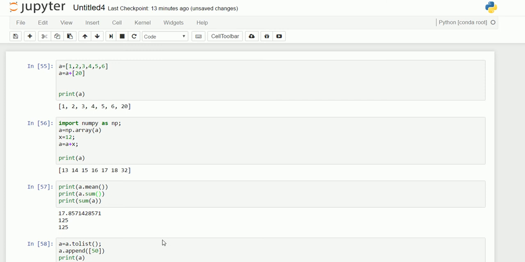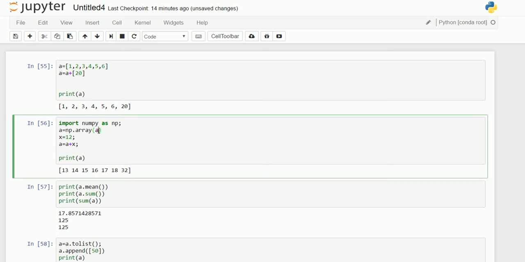So perform the operation and put it back into the list format by calling the toList method. Even though some basic operations are supported by this, we suggest you follow this process of converting. Now while converting it into an NP array, you can also write A of,